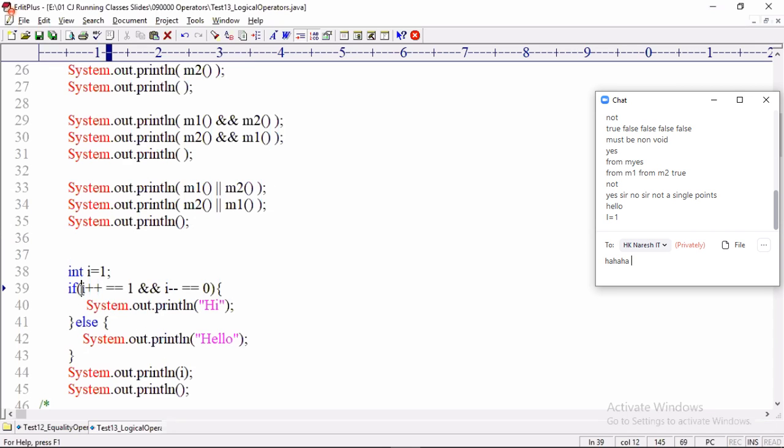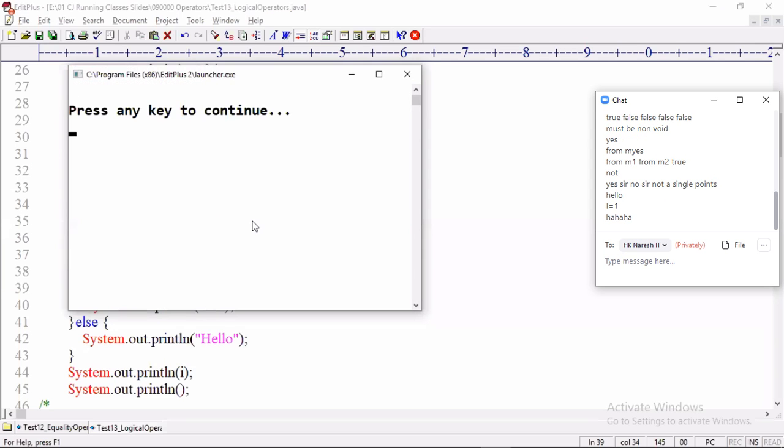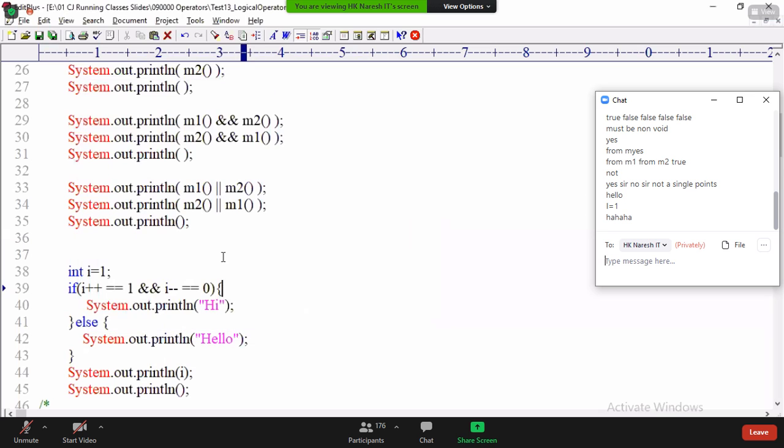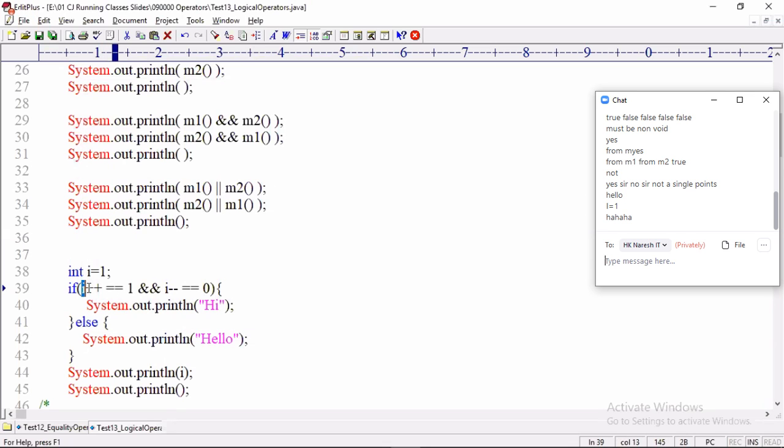Tell me, the expression here, the output is hello 1. How is the output hello 1? Here I have used I plus plus. I told you, without evaluating the expression, don't work.